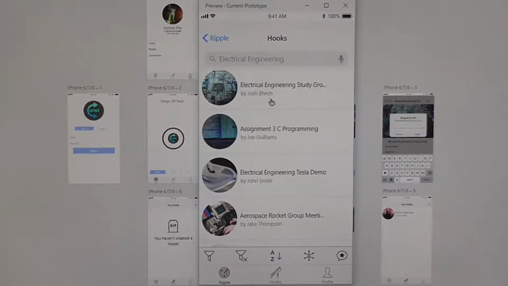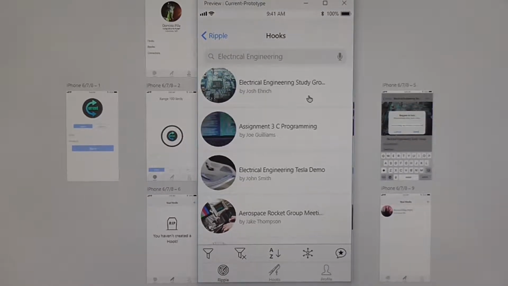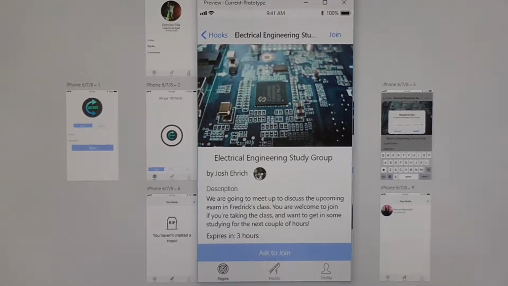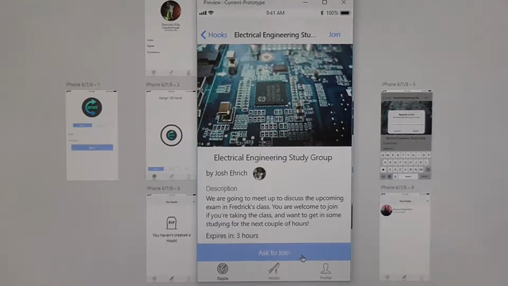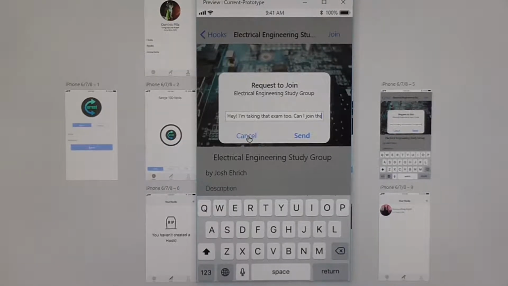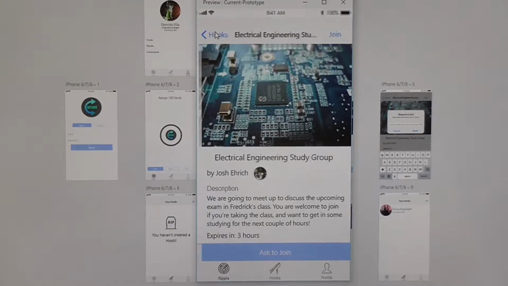We got one right here by Josh. He's got a study group, and so I can go ahead and click on that. Here I'll be able to join him. I'll be able to see a description of what it is and when the hook is going to expire, meaning disappear and I won't be able to join it anymore, assuming that he's done studying. So I'm going to ask to join right here. I get a little pop-up, I can type in a message and send it to him, and he'll be able to confirm or deny me joining him. So going back,